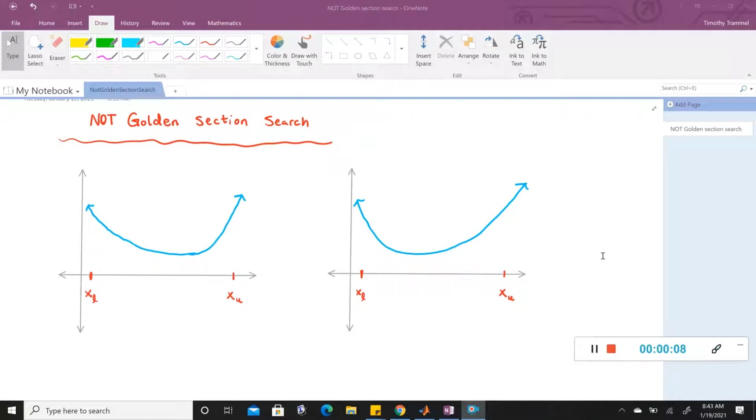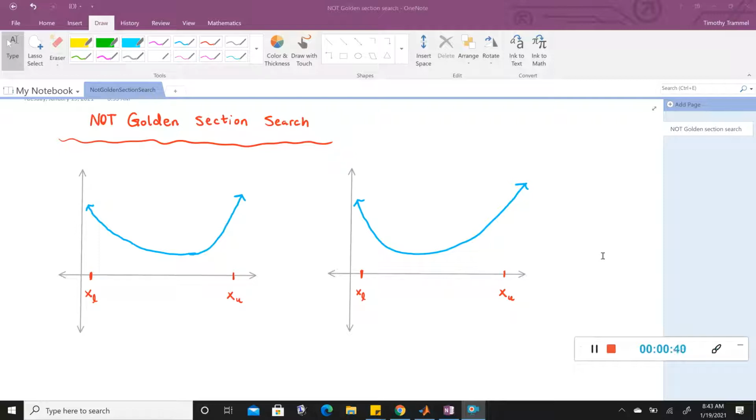All right, we are about to start another optimization technique. This is going to be the build-up to golden section search, and that's why I'm calling it not golden section search. This technique that we're about to do will add a little something extra to it tomorrow, which will make it golden section search. It'll make it more efficient. But what you can see here is we have some minimums that we're trying to find, and we've